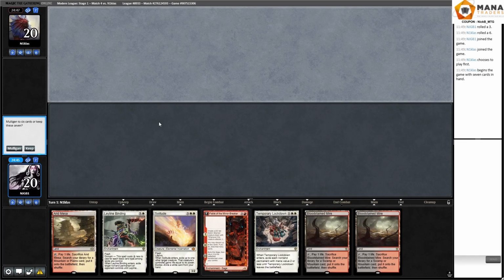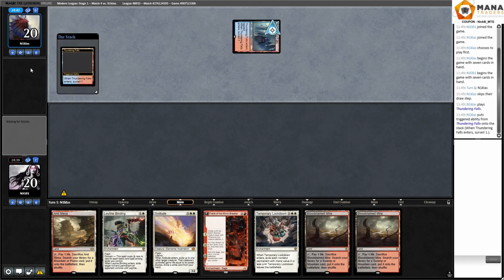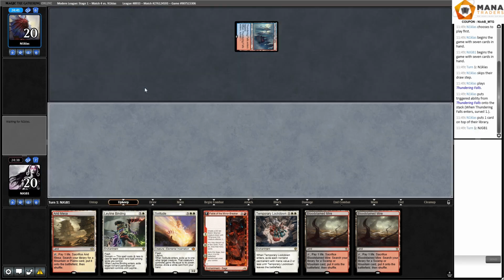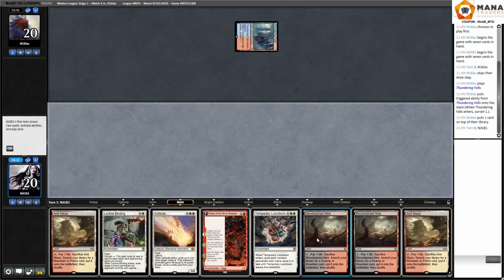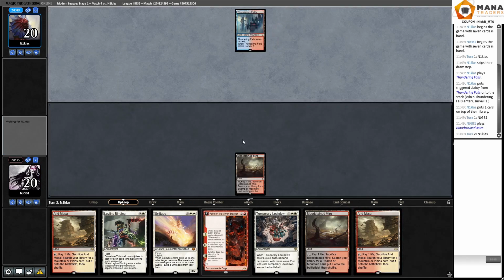Right, on the draw here for round number 4. I'm going to keep this one. 3 lands. We've got Leyline Binding on turn 2. We also have a Solitude. Thundering Falls. Puts a card on top. Okay, another land, not really what we want. Or well, I guess we do want to get to